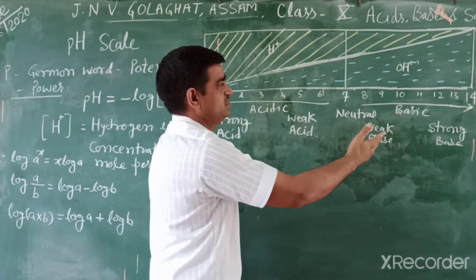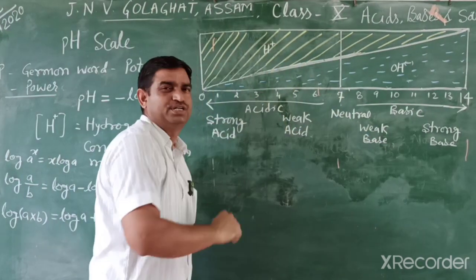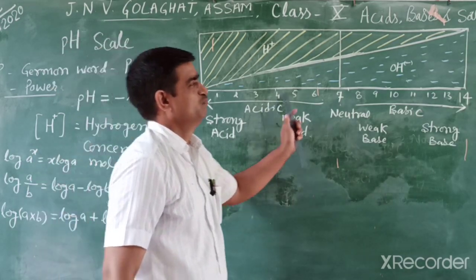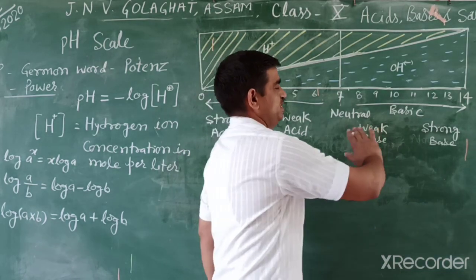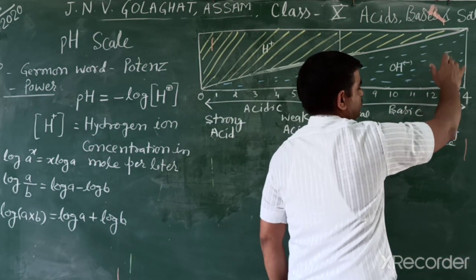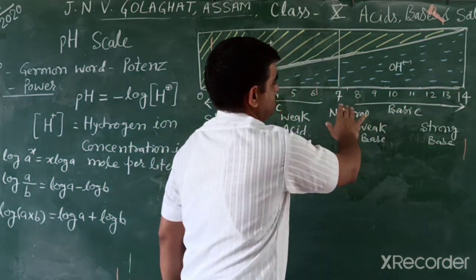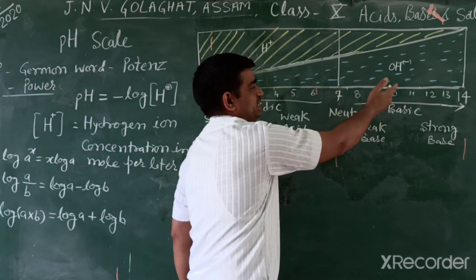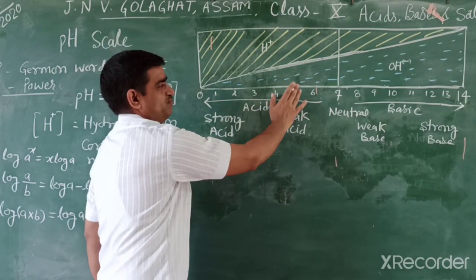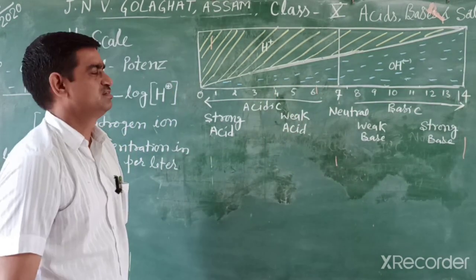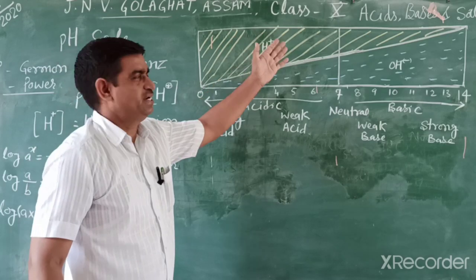When pH is less than 7, then the solution is acidic. If pH is more than 7, then the solution is basic. If pH is near 12, 13, 14, it is a very strong base. When pH is a little more than 7, like 8, 9, that is a slightly weak base. If pH is near 4, 5, 6, that is a weak acid. Meaning this is a comparative term.